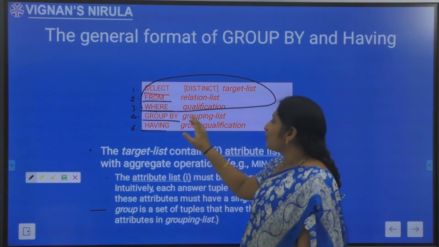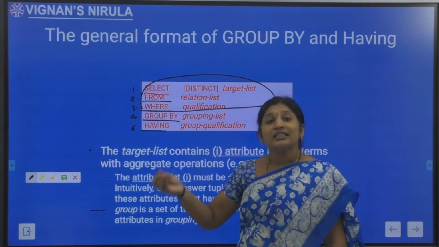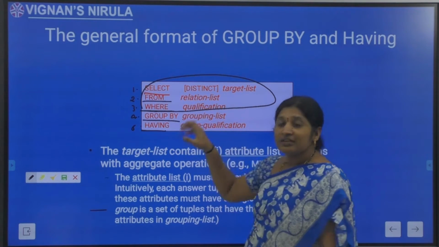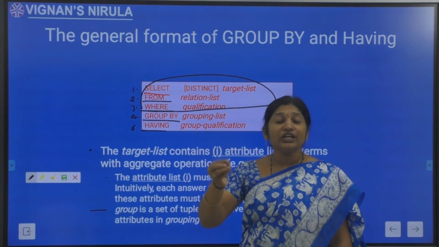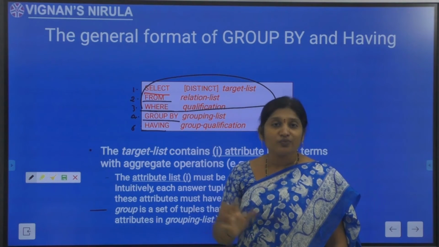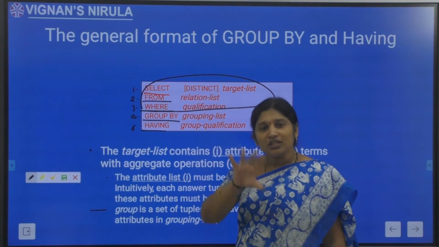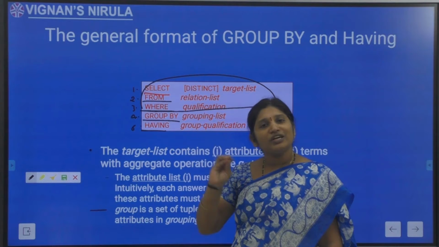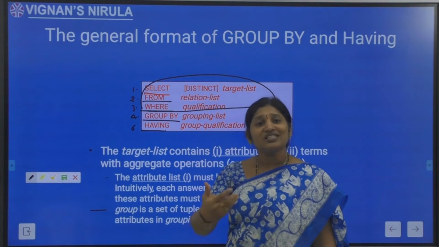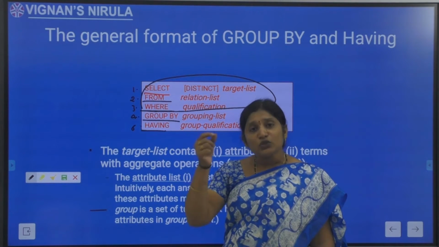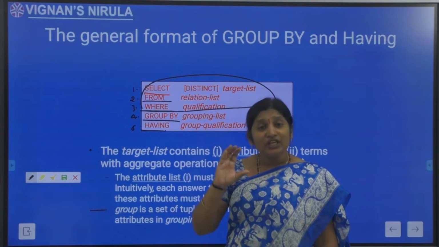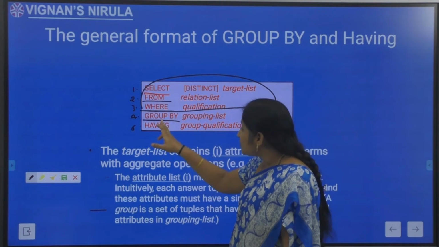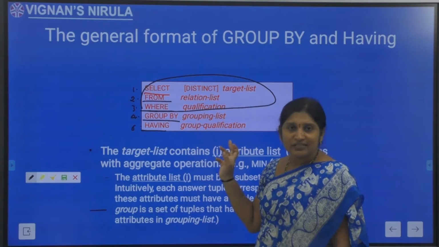So here the GROUP BY clause specifies the list of attributes of the relations based on which I need to form the groups. On the groups of tuples I must apply the aggregate operators. For that purpose we are using the GROUP BY and HAVING operators, as already discussed. The list of attributes based on which we form the groups must be specified in the GROUP BY clause.